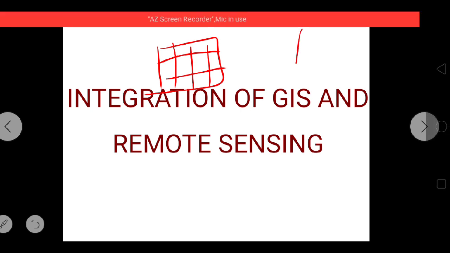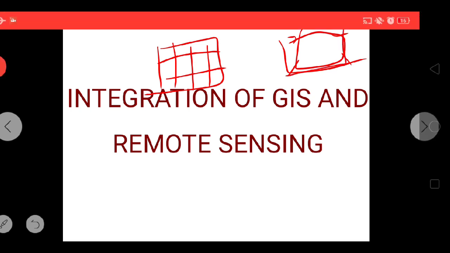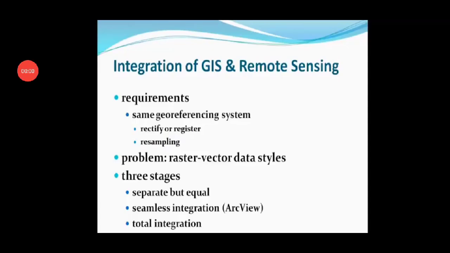Raster model is one wherein the photographs are taken in the shape of a grid system. All the information is present in the grid system. But in vector model, say if this is the building area and these are the four corners of the building, the XY coordinates of this particular building will be known.